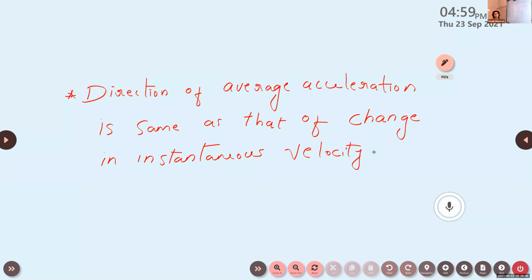So that's all about average acceleration. Acceleration vector is a vector that is used to determine the acceleration of an object which is moving in a plane. Here we discuss average acceleration. What do we mean by average acceleration? It is the ratio of change in velocity to the time taken. You only need to study this equation: vector A average is equal to Ax i cap plus Ay j cap.